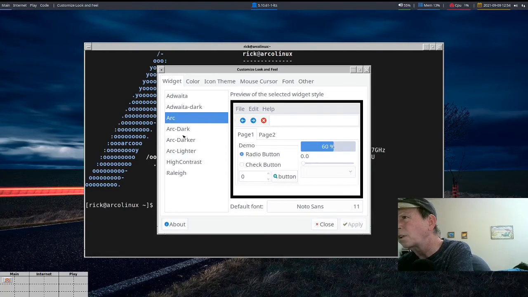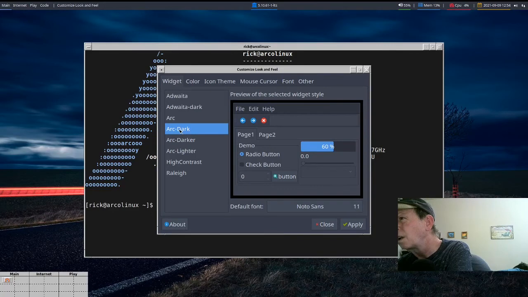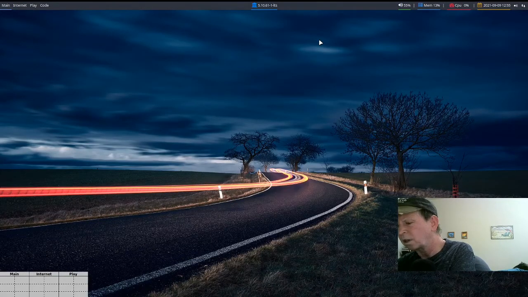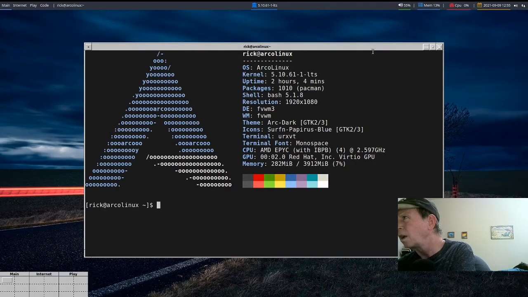We make this darker. I think those don't take effect until you log out and log back in, so I'm going to log out and log back in again. I cut the section out so you see what it looks like, so just wait for me to do it. And we can see, looks like